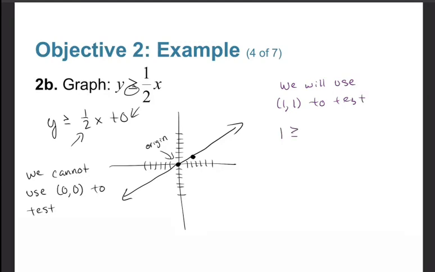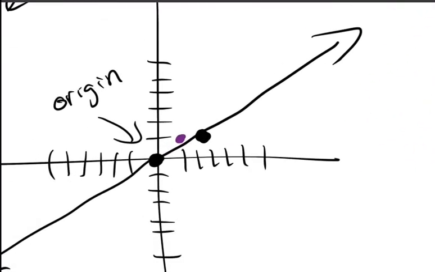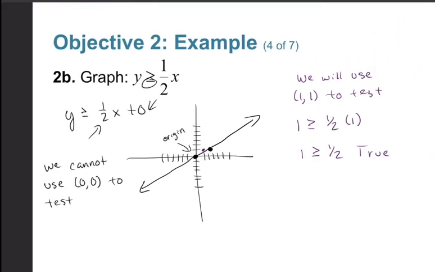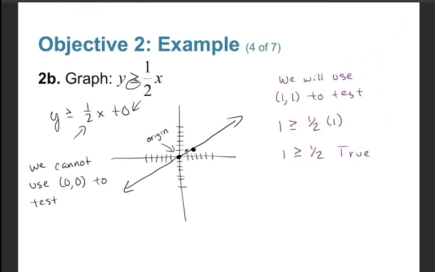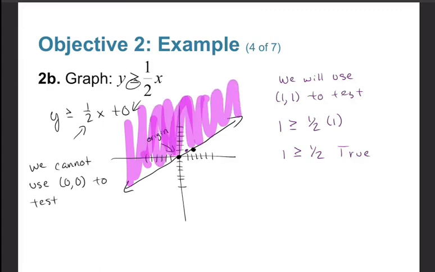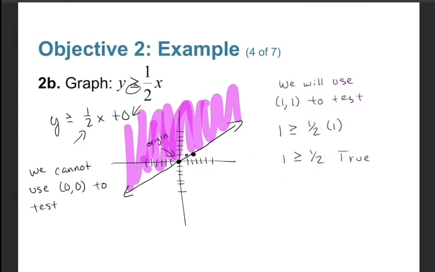Okay, so I have 1, 1/2 times 1, which is 1/2. So is this true? Is 1 greater than or equal to 1/2? Yes, this is true. Our point was there. You can barely notice it, but let's make it a little bit bigger so we can see it. So it's the upper half of the plane. Therefore, we're going to shade that. Okay? And this concludes